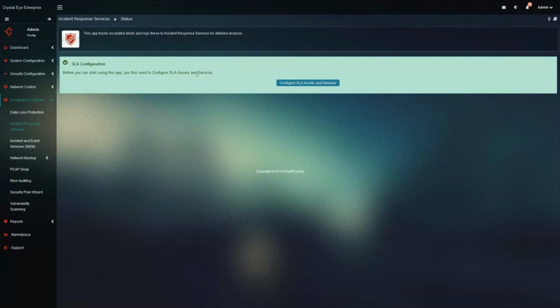And again, we'll need to configure this one. We don't have the time to go through that. So if you want to find out more about the incident response services, you'll have to sign up for the